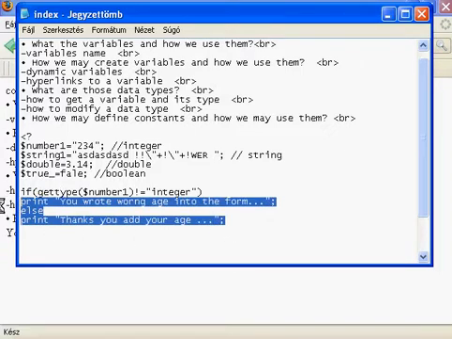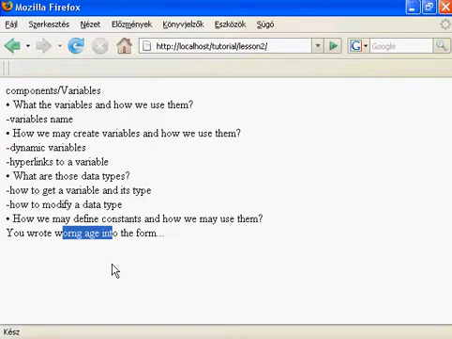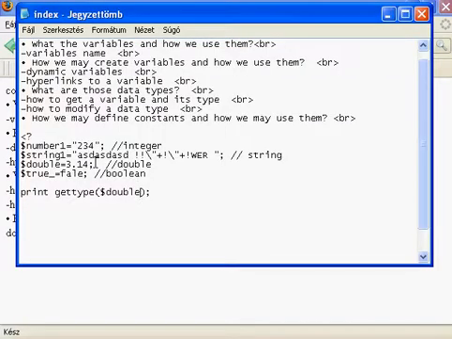But in some cases, for example, double, change its type with the setType function. So let's print the type of double, that is boolean, double, and after